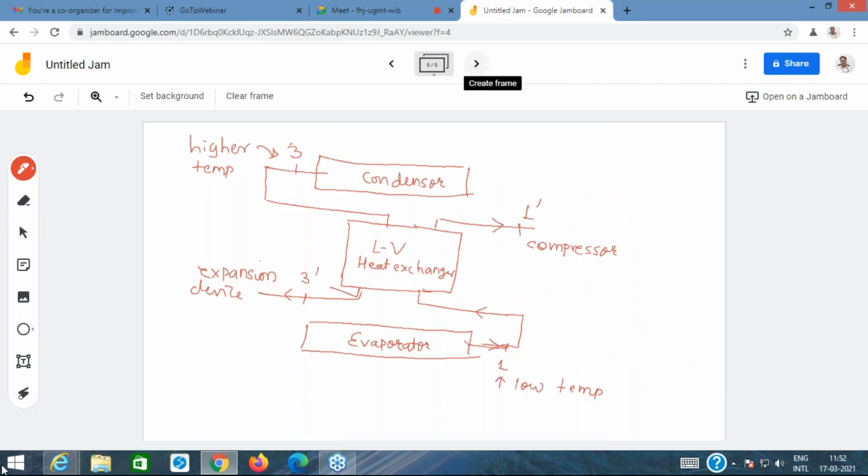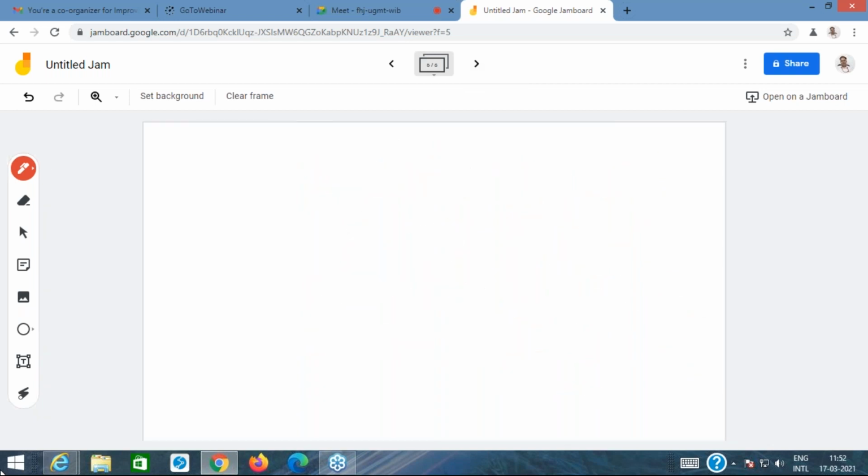Now let us discuss the third case. That is, what is the effect of changing the suction pressure? The third case we will be discussing is the effect of changing the suction pressure. So whether by lowering the suction pressure we can improve the performance, or by raising the suction pressure we can improve the performance. Okay,